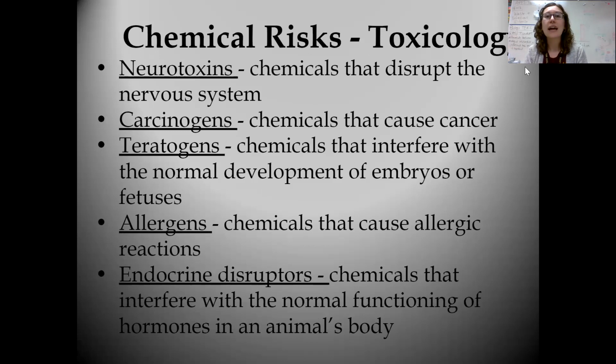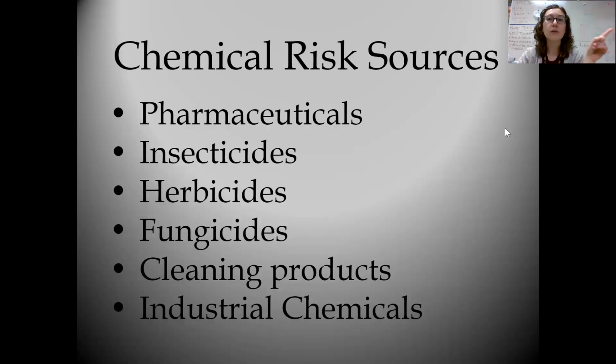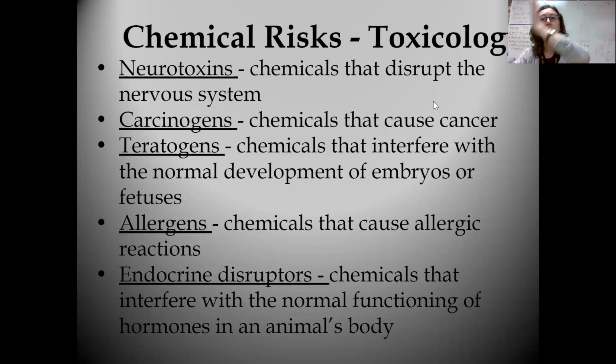So when we're actually looking at what could then occur from them, this last slide was the sources. What results from them is going to be the risk that could be associated with those different products. So some things that you could get from those chemical sources would be things like neurotoxins, anything that disrupts your central or your peripheral nervous system. So if it causes paralysis, if it causes detriments to your brain functioning, if it causes any detriments to maybe, I don't know, your spinal cord or your sensory organs, that's going to be a nervous system toxin.